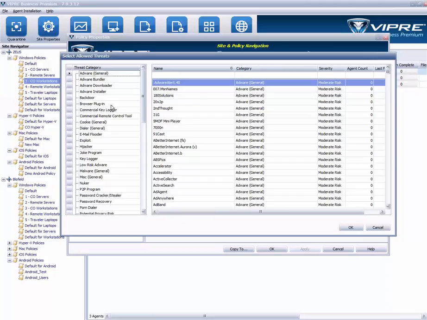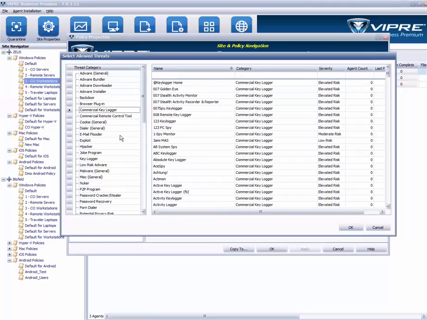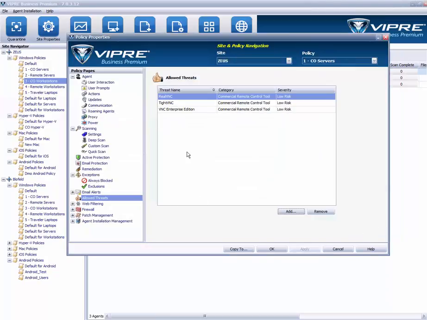Things like browser plugins, keyloggers, etc. And if there are products like these that you'd like to allow one end user or a few end users to use, you can add those into the policy here under allowed threats, and Viper will not